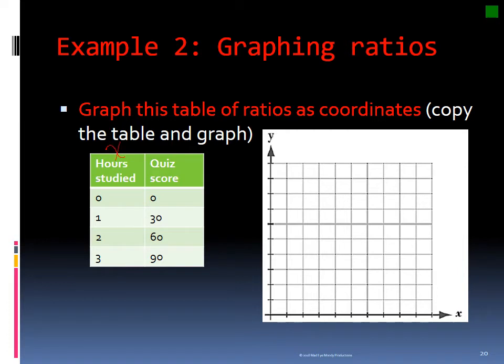So first I want to identify my x and y. My left or my first quantity is always my x. My right or my second quantity is always my y. So this on my x-axis is going to be hours